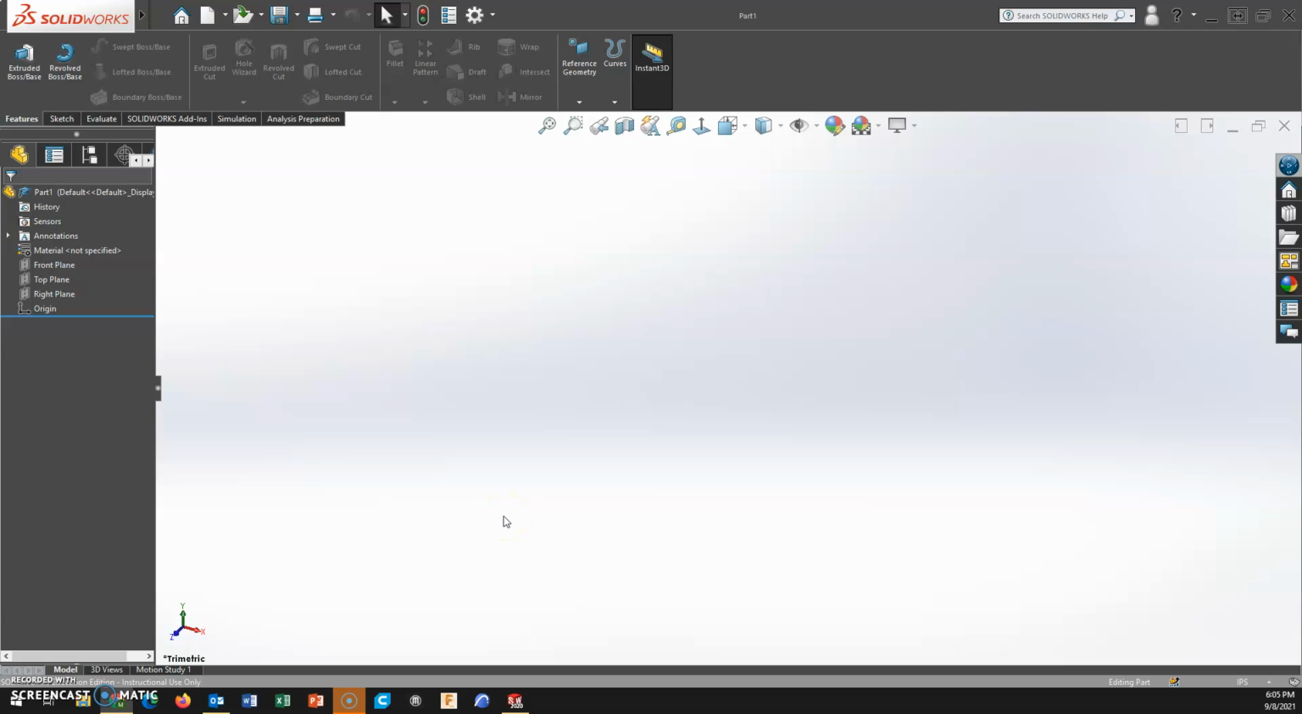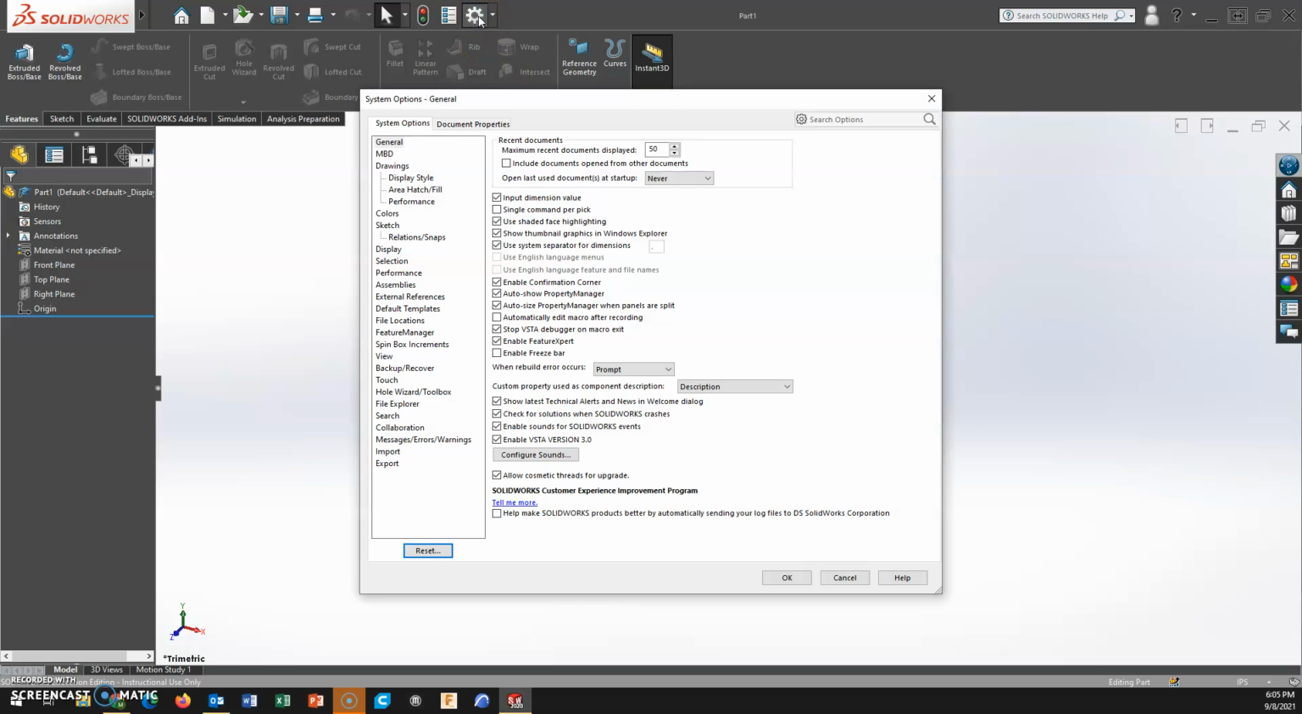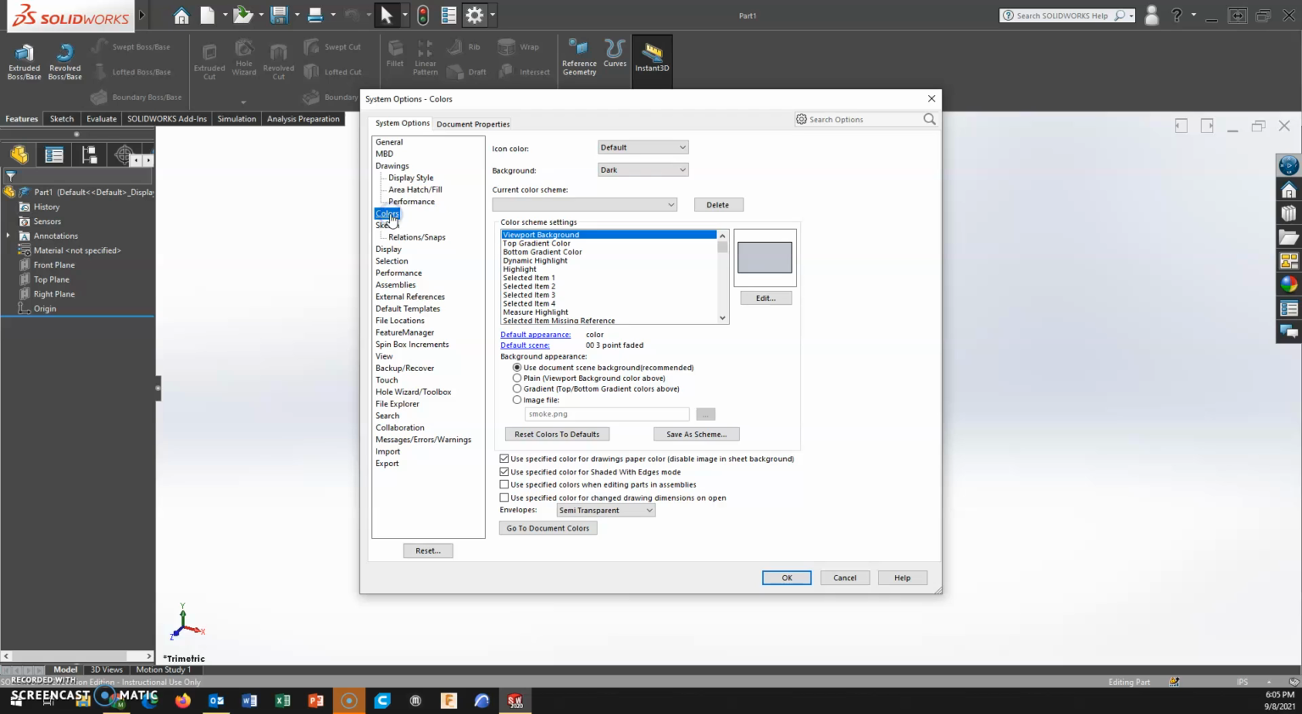Alright, in this video I'm going to take a look at using Solidworks to change to dark mode. It's a pretty easy setting change, and what you're really going to notice is the appearance of the toolbars, the property manager. So to do this, if you go to Options and you go to Colors, you can change from